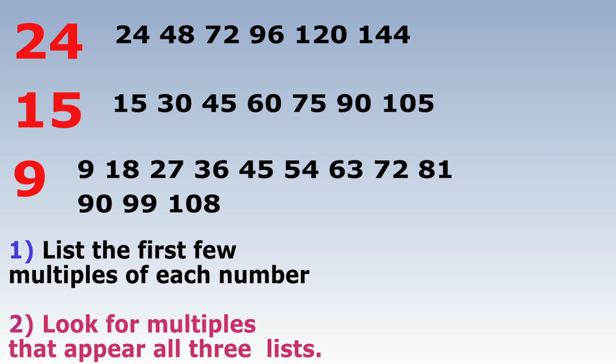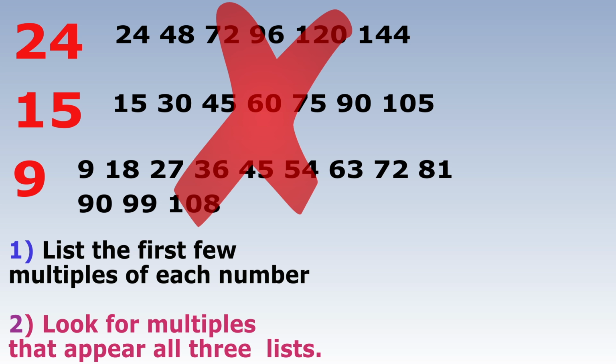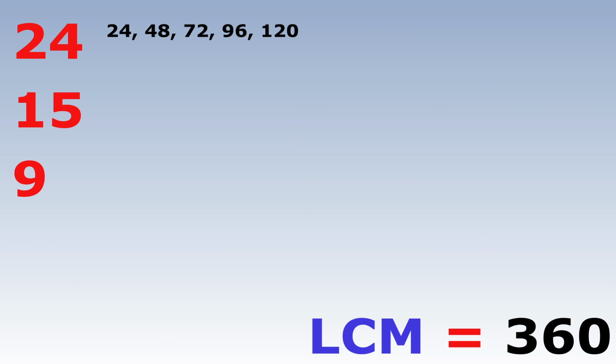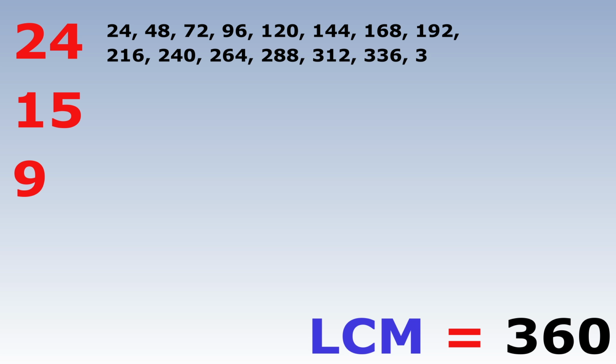If you're not good at very high multiples and you have to keep adding multiples to these lists, it might not end very well. In fact, do you know how long your list of multiples would need to be to reach the lowest common multiple of these 3 numbers? Well, the lowest common multiple of 24, 9 and 15 is 360. Your list of multiples of 24 would have to have 15 numbers in it to reach 360.